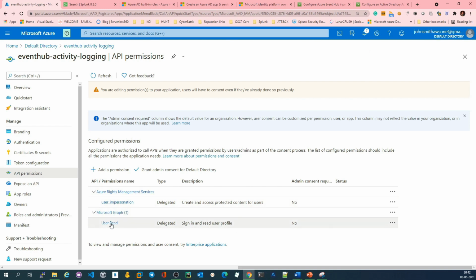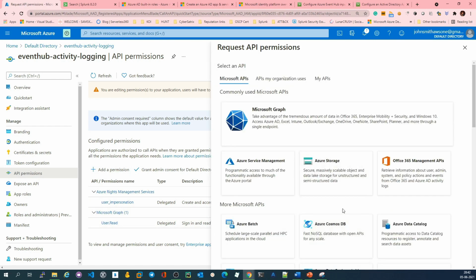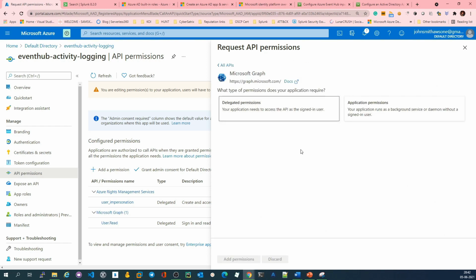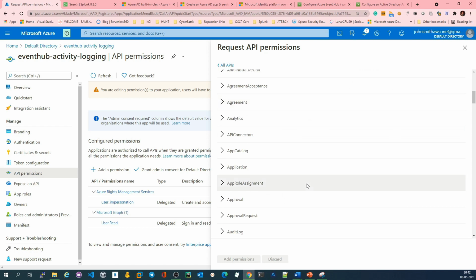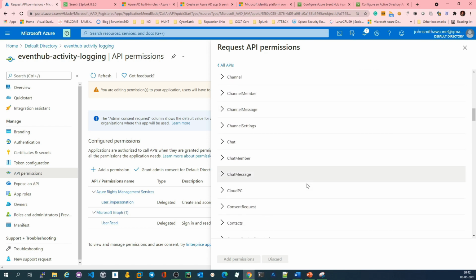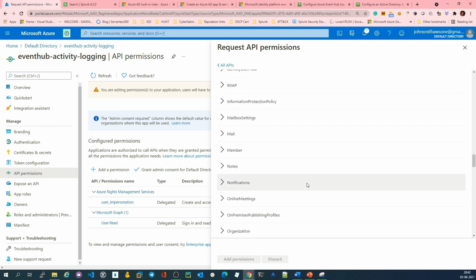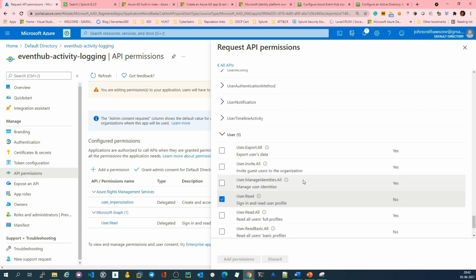Under the Microsoft Graph, which is already there, apart from user.read, we should also be adding user.read.all, right? So what you can do, you can click again, add a permission, and this is Microsoft Graph, click on delegated permission, and if you go below, you have a section called user, right?